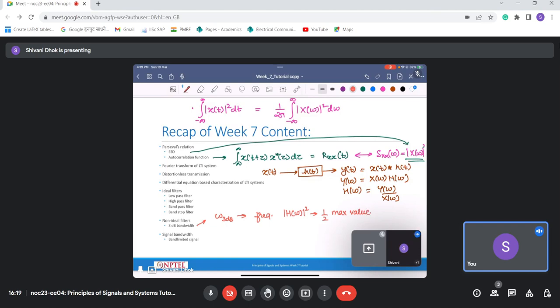And the same definition can be extended for the bandwidth of a signal. A band limited signal is the next notion that was covered: a signal that is non-zero only for a particular band, let's say from minus B by 2 to B by 2, and after that it is 0. So this is a band limited signal. These were the concepts that were covered in this week. Now let us start with solving some examples